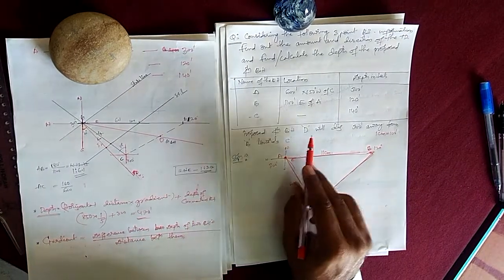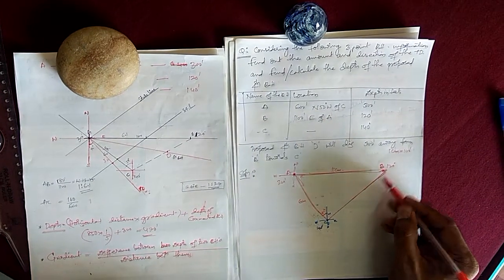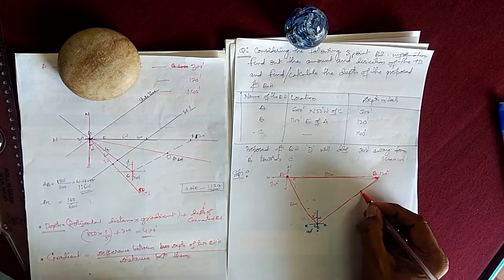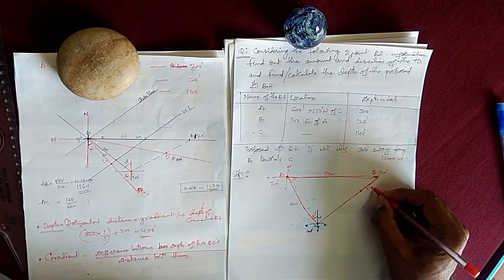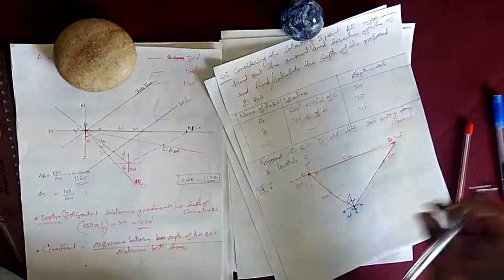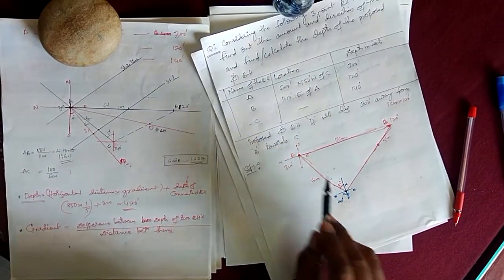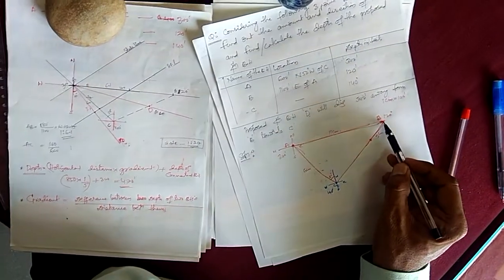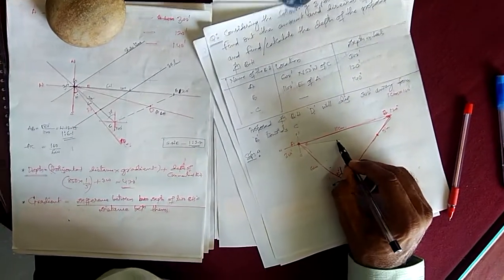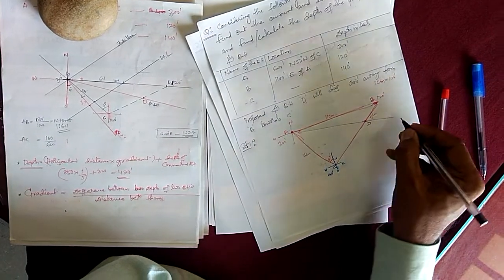Another proposed borehole D will be dug 300 feet away from B towards C. It is B, it is C. From B you take 3 centimeters towards C, and you may get the point here. And you have to draw the fourth proposed borehole from there. Why from here? Because this is the point which is connected to C as well as to B. You draw a line which passes through C and it has to pass the proposed borehole D. This is the fourth borehole.